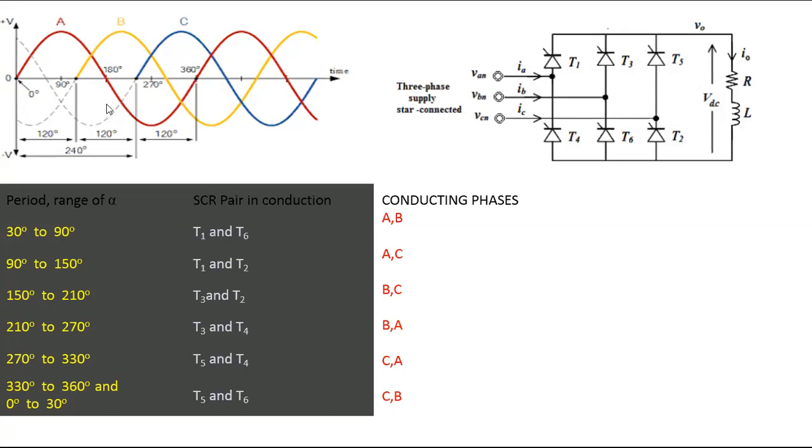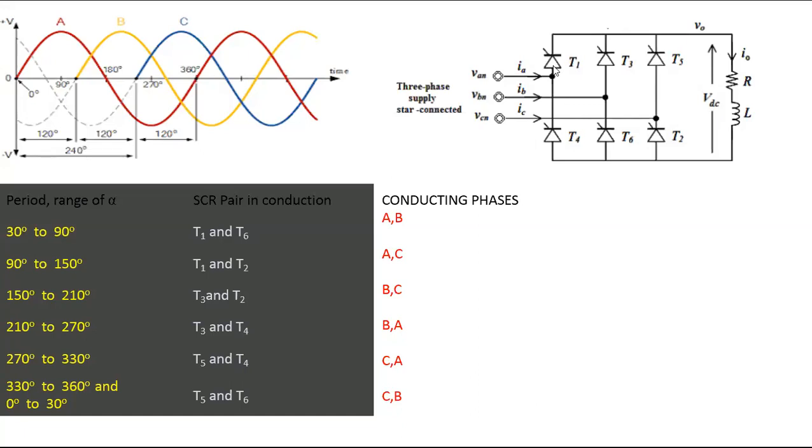So now once again I repeat, case 1, between the angle 30 degrees to 90 degrees. You just watch this diagram, that's enough. From 30 to 90, if you see above the axis, only waveform A is occupying maximum space. Therefore, direction of the current starts from the point A, and this point A is connected to which SCR? SCR T1. Now you see the circuit. So direction of the current starts from A to SCR T1.